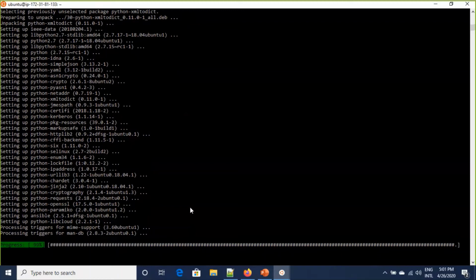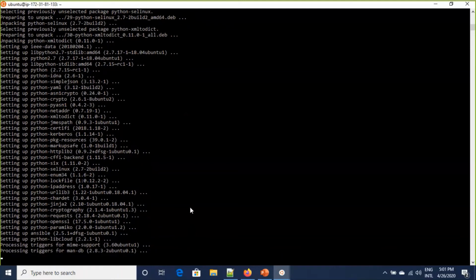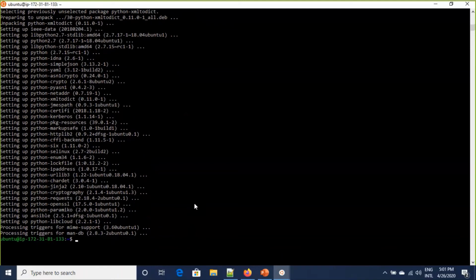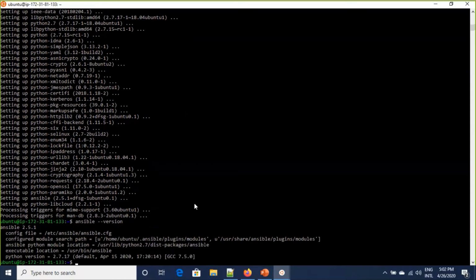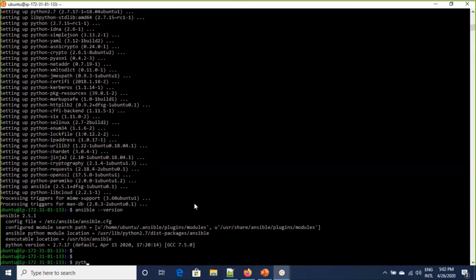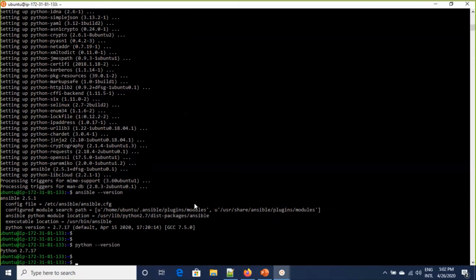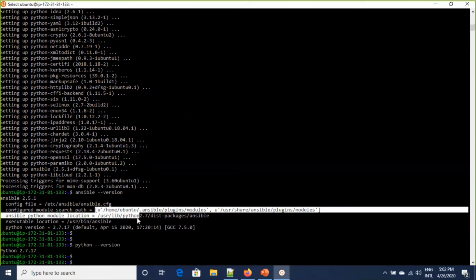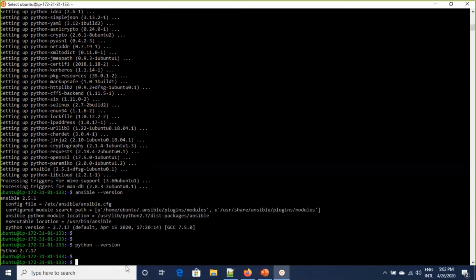After this installation of Ansible, we need to check whether Python is there or not, and you can check the Ansible version also, because Python is required for this. It says successfully installed. So you can check the Ansible version, and check whether Python is installed or not. Yes, because the Ansible package itself contains Python, so it is installed by default. If you check the Ansible version, it also shows the Python.